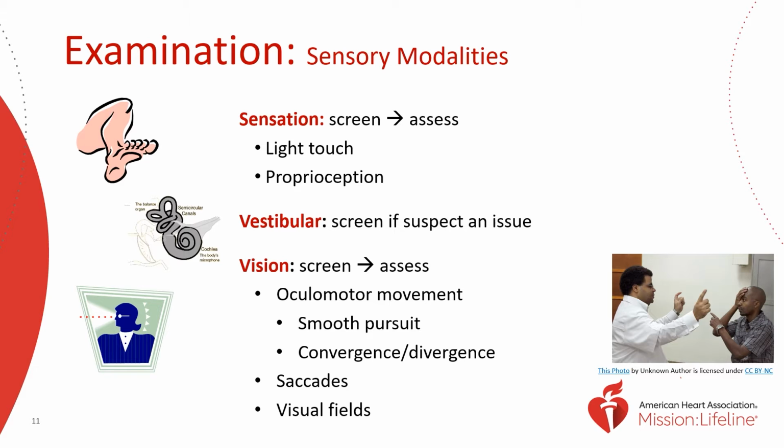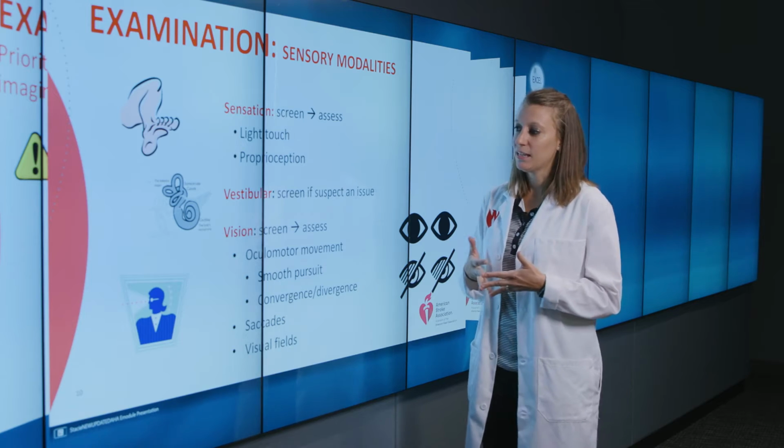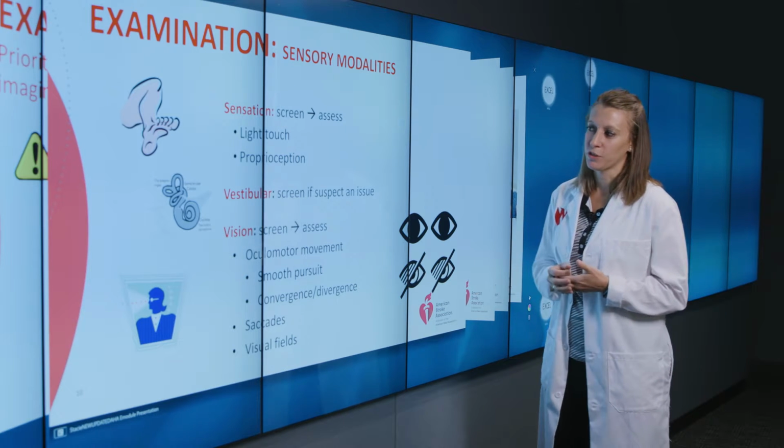We're going to focus a lot on light touch and proprioception. You don't have to do a formal assessment on everyone, but doing a nice quick screen to see if their light touch and proprioception are intact, it can give you a lot of information as you go forward in your exam. One thing I'd like you to be aware of is something called extinction. So when you're testing light touch, make sure that you're testing only one side at a time. So test the uninvolved side first and then the involved side,